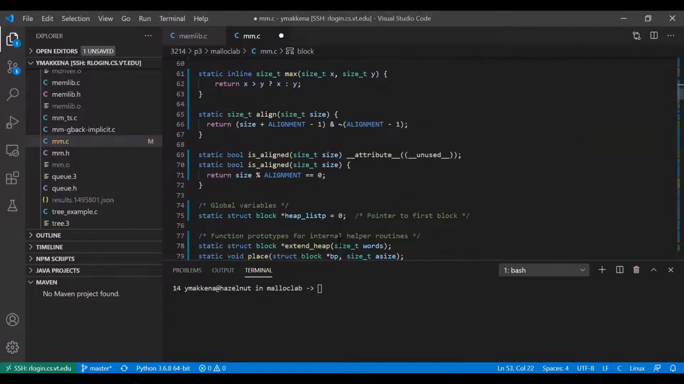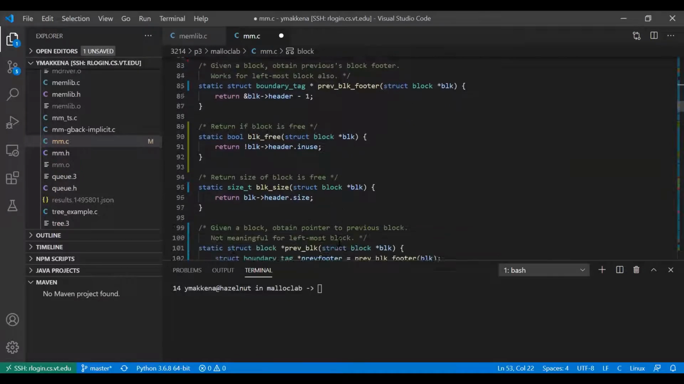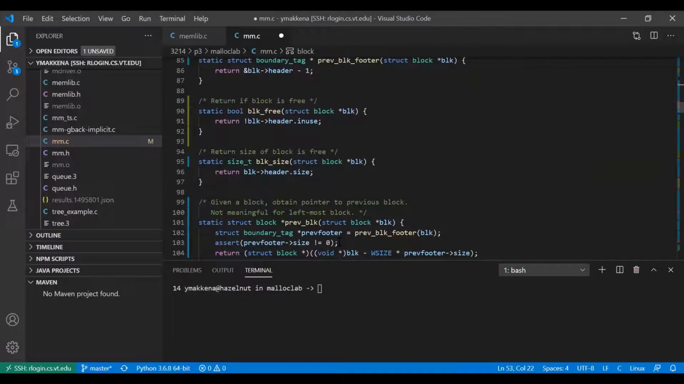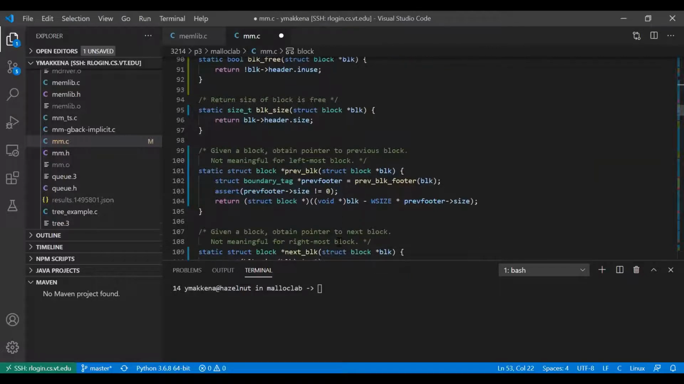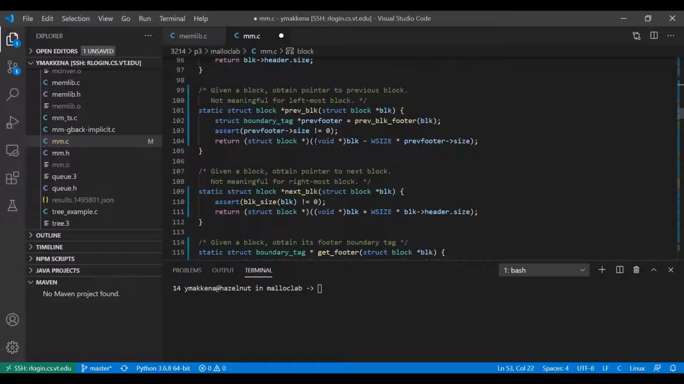There's a lot of helper functions that are provided in his implementation that you should definitely be using in your code too, because it's all pre-done. You might have to modify them because, again, we're doing explicit lists versus implicit, but they're pretty helpful. As you can see, there's a lot of pointer arithmetic that goes on. So an important thing to note is,